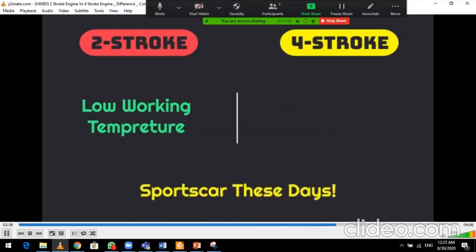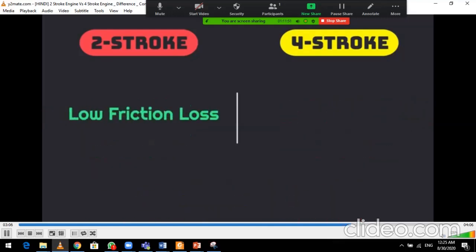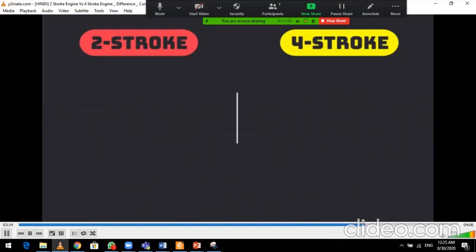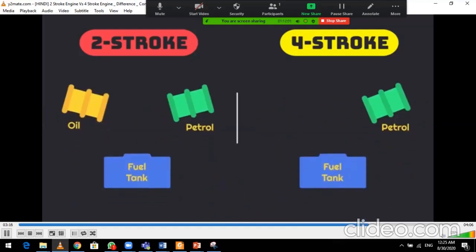टू स्ट्रोक इंजन नॉर्मली फोर स्ट्रोक के मुकाबले कम टेम्परेचर पर काम करता है, जिसके कारण इसे एयर कूल्ड रखा जाता है। यानी कि ऐसा कह सकते हैं कि कंपैरिजन में फोर स्ट्रोक इंजन ज्यादा गर्म होता है। टू स्ट्रोक इंजन में कम पार्ट्स होने के कारण फोर स्ट्रोक इंजन के मुकाबले कम फ्रिक्शन लॉस होता है।